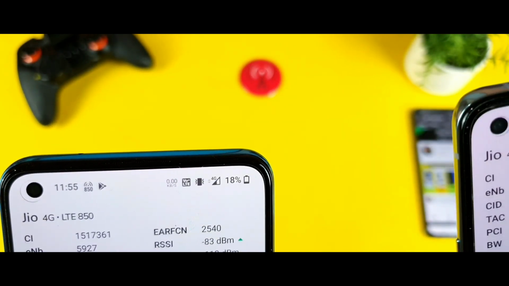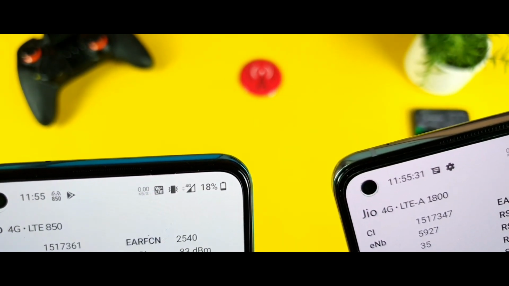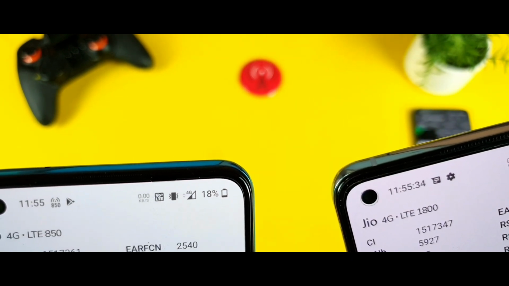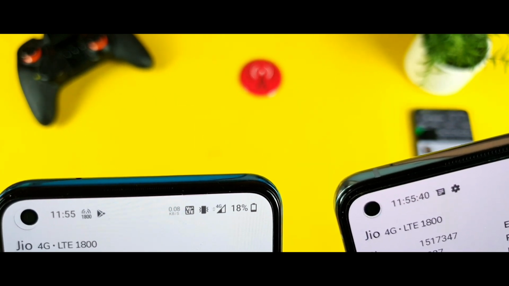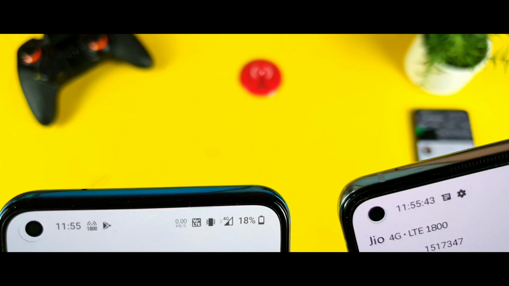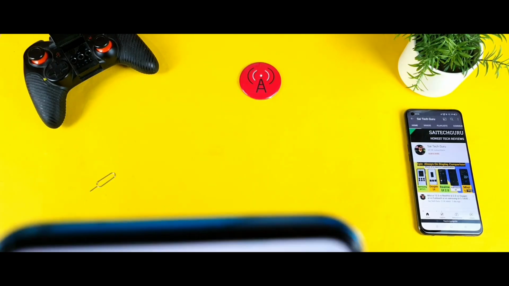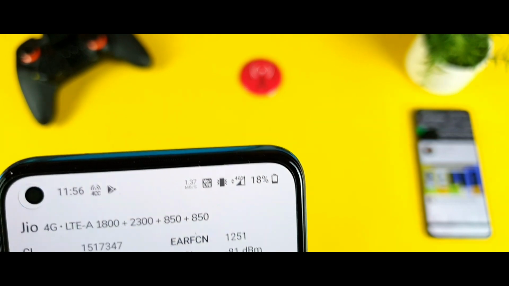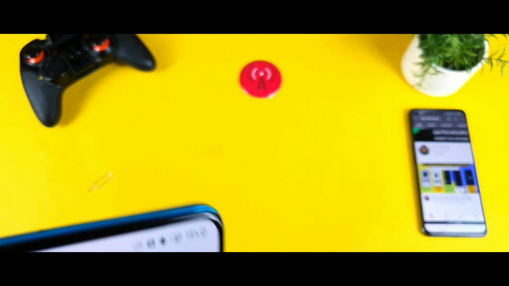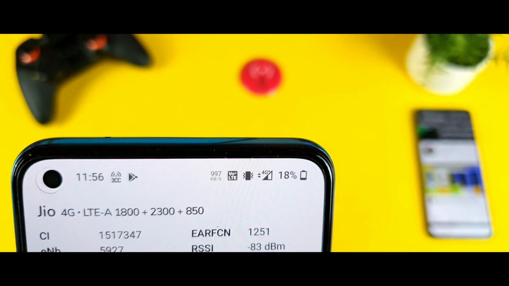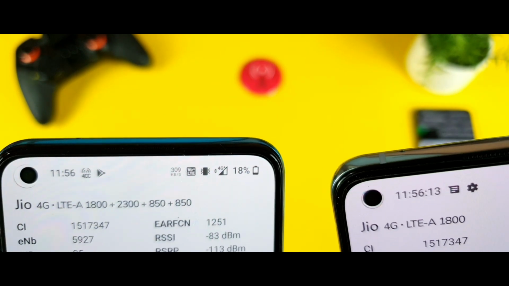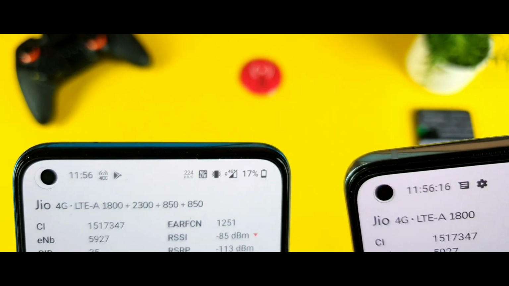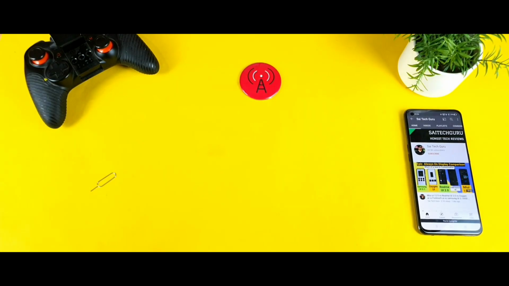So right now this is the OnePlus Nord CE and this is the OnePlus 9R. As you can see, the OnePlus 9R has LTE 1800 and the 850 which is going on. But sometimes I'll be getting the 4 bands, as I said, in the OnePlus Nord CE. Sometimes suddenly I'll be getting them. So right now you will be able to see friends, in this OnePlus Nord I'm getting 4 bands, sometimes 3 bands. In the OnePlus 9R I'm getting only 1 band. As you can see, 1800 only at this point, at the same place, in the same location. As you can clearly see friends, the difference is 4CC versus single CC.